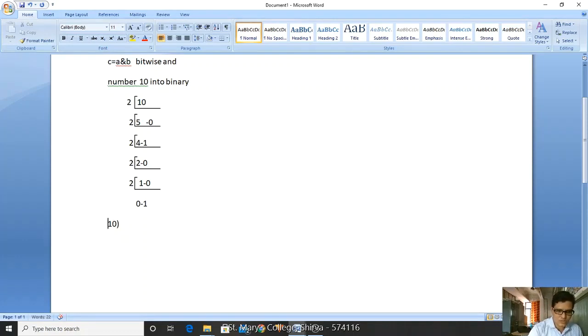That is 10, which is a decimal digit. I'm taking 10 for your understanding purpose. If you convert it into binary, what will happen? We have to read from back to top, from the last remainder to the first.